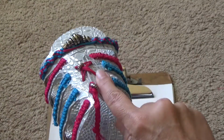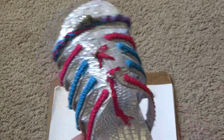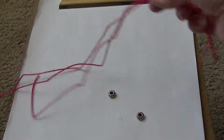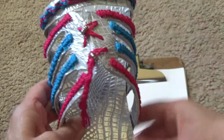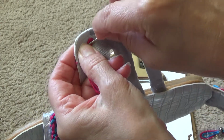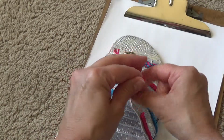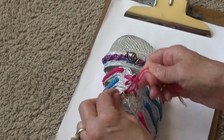So now it's time to do the crisscross on the top of the foot. So we're going to be poking holes, 3 of them on each side with a sharp object. And then we're going to be taking 3 cords of the color you want, and I put a little bead on each top where it crisscrossed. So we'll poke those cords through, pull them on through, crisscross them, put the bead on at this time, just through one from each side, and then we pull through the others, put our bead on there, tie it together,